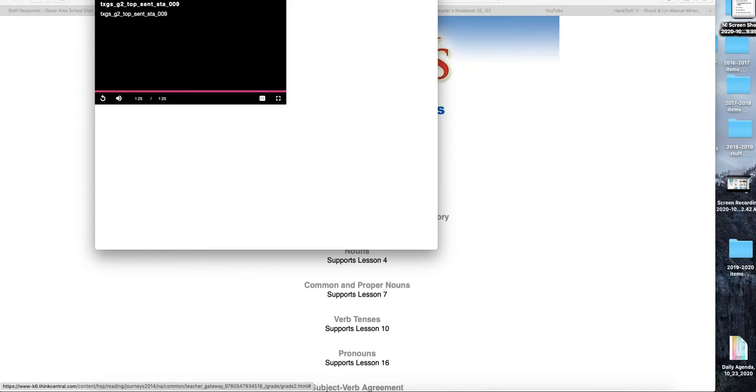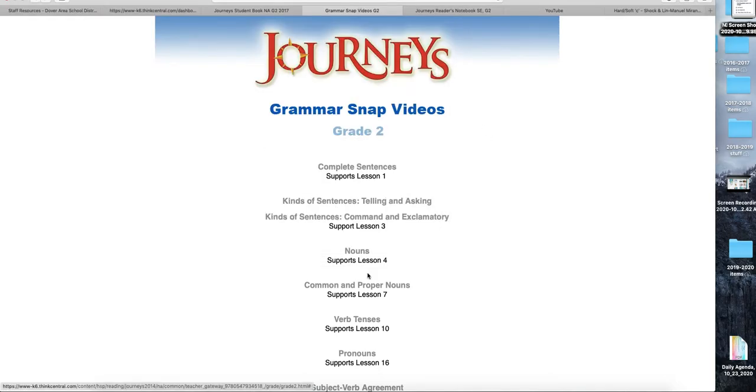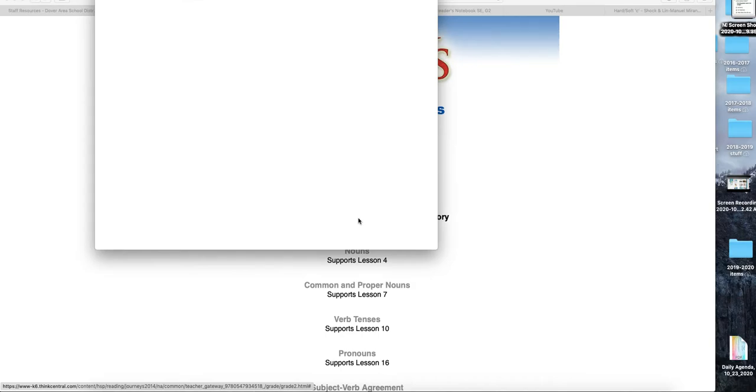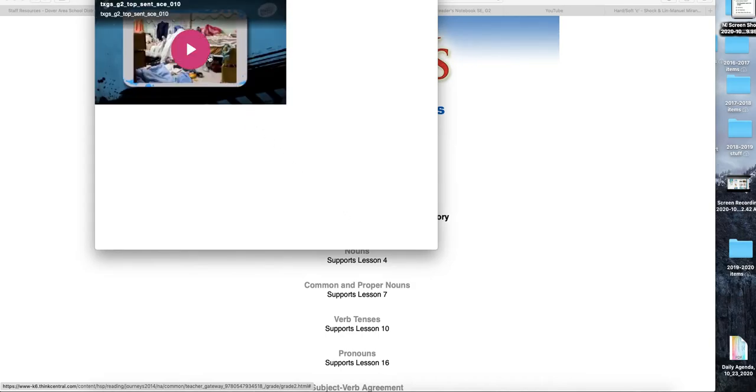And remember, there are question words usually too, like what and when and why and where and who, sometimes how, does, those kinds of words. So when you see those words at the very beginning, that can give you a clue that maybe this is asking a question. I need to put a question mark at the end, which kind of reminds me of a lowercase j upside down or a candy cane with a dot at the bottom. That's what our question mark looks like. Today we're going to talk mostly about commands and exclamations. And we saw this the other day too, but we're going to watch it again just for some extra practice.